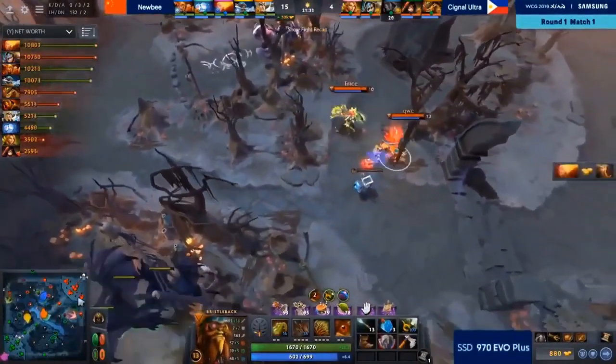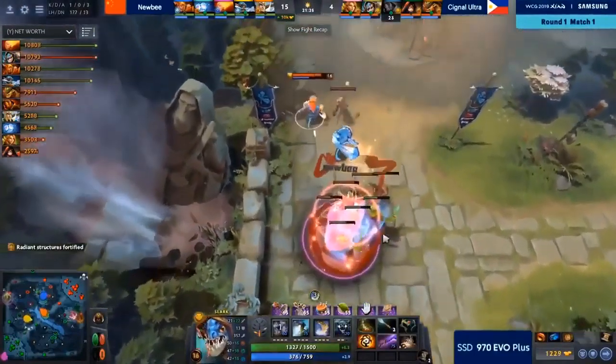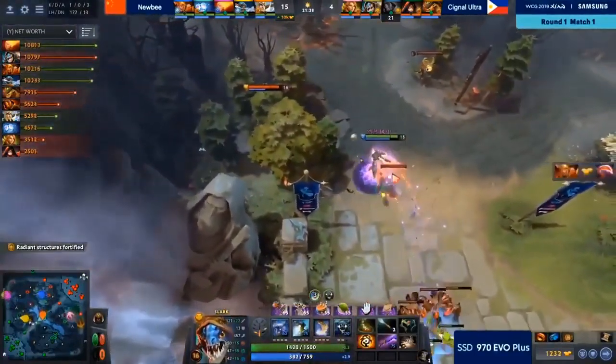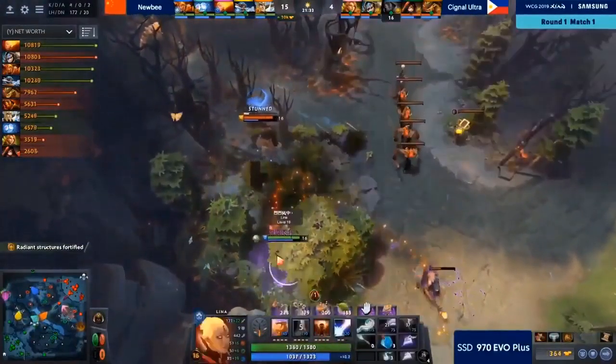I really like what the Chinese teams are doing so far here. They're just picking kind of snowball-y gank heroes that normally aren't super successful in pro games, but against weaker teams like this, they can easily just get ahead. Nice use of the glyph there from